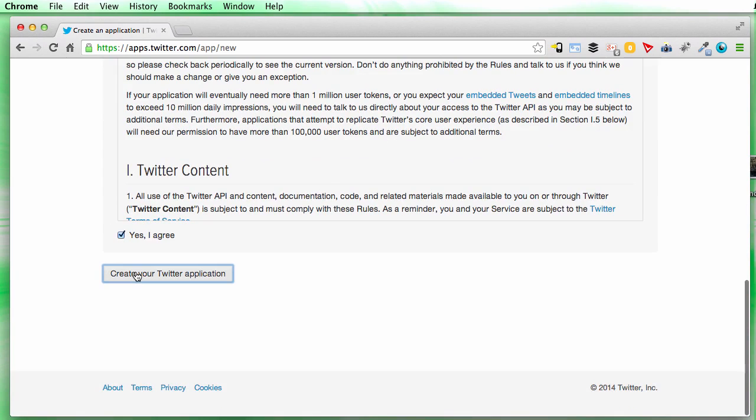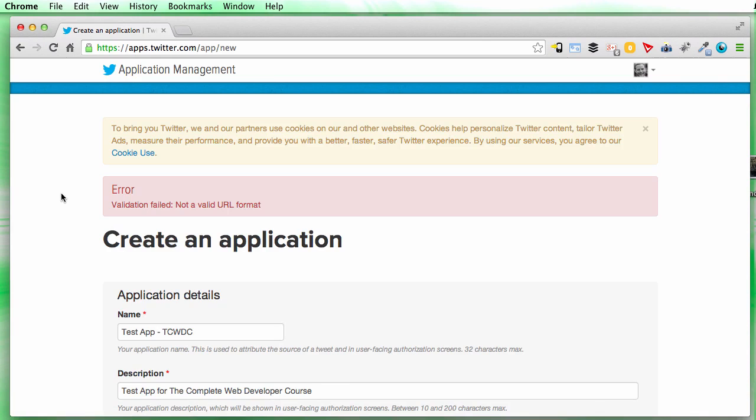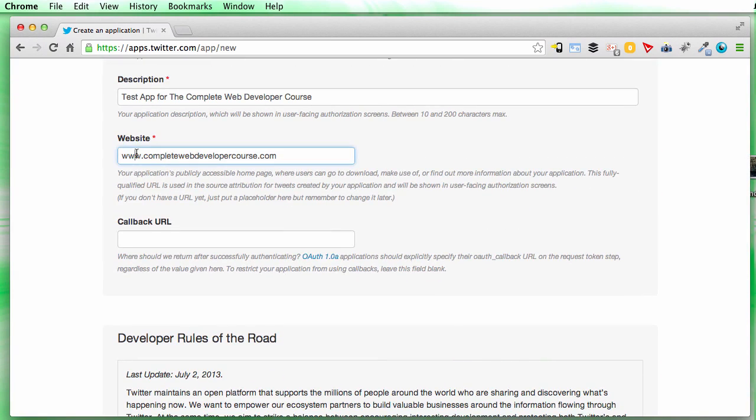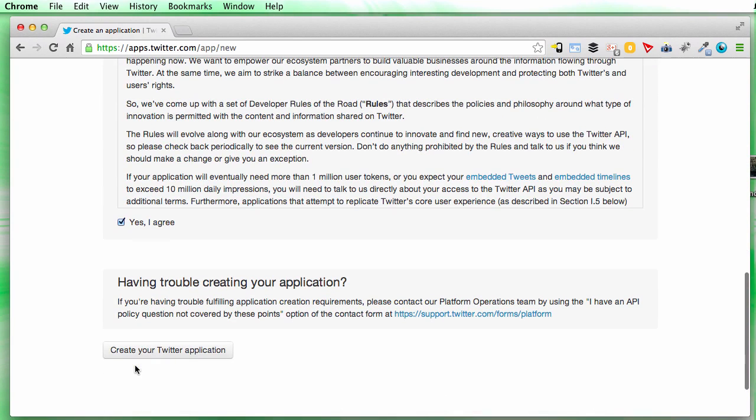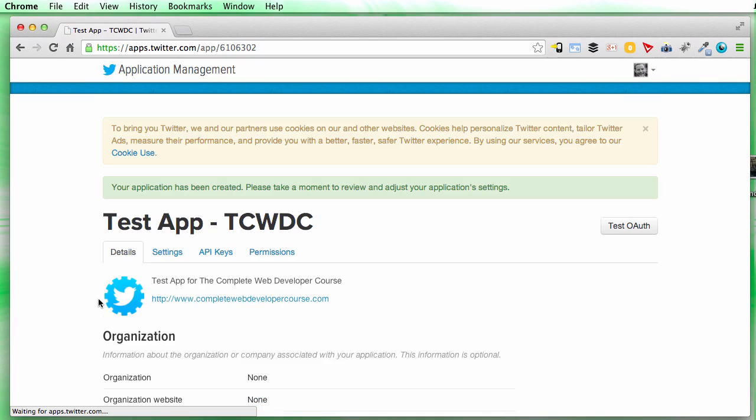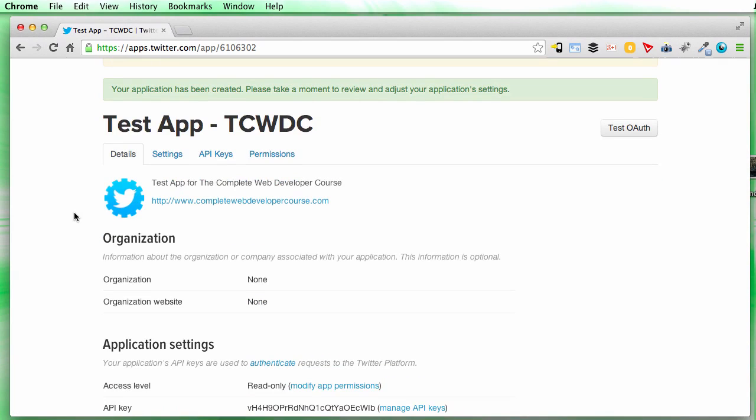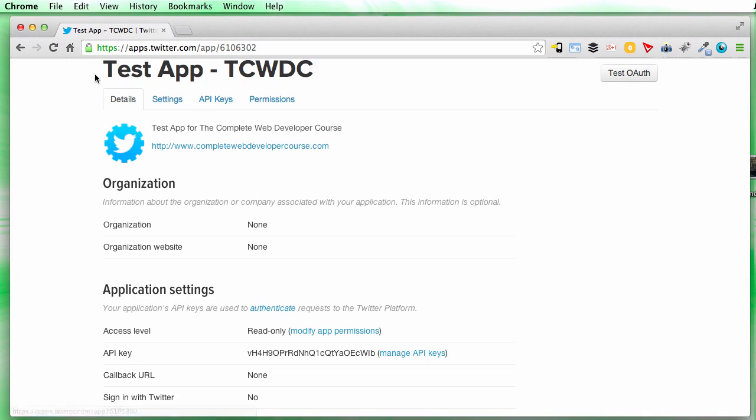I'm going to agree to the terms and conditions and then create our application. Right, it wants me to put HTTP in front of the website. Great, there we go. So we've created our test app, and the crucial thing that we're interested in is the